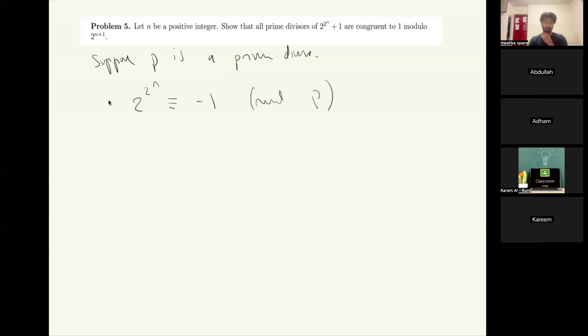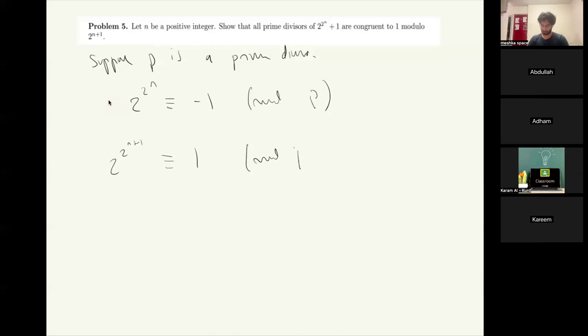We have 2 to the n plus 1 is congruent to 1 mod p. Yes? What does it tell us? Yes, so what does this tell us? It tells us